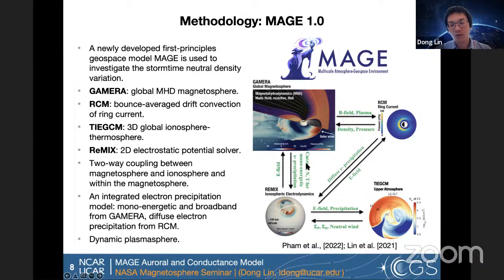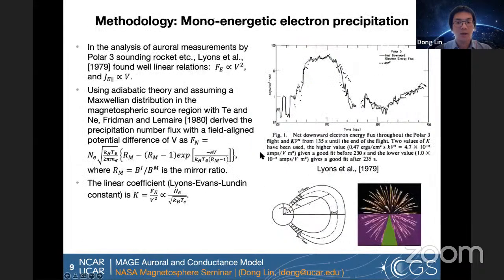Regarding precipitation, we are making use of different components that are based on different physics assumptions to deal with the different types of precipitation we just talked about, and I will elaborate later. So for the monoenergetic, we are basically taking the Knight relation, which has been used by many other global models as well. Basically, this relation was inspired by an earlier rocket